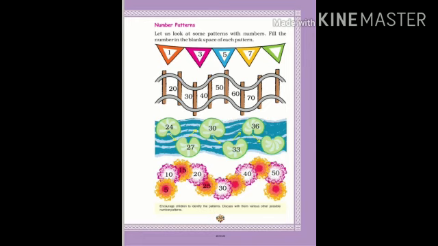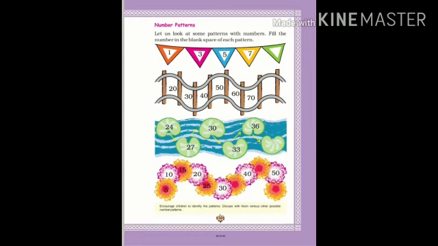Now look at the difference between each number. 1 and 3: what is the difference? 3 minus 1? Yes, 2. Then 5 minus 3, 2. So from one number to the next number the difference is 2. That means you have to add 2 to get the next number. So 1 plus 2 is 3, 3 plus 2 is 5, 5 plus 2 is 7. So 7 plus 2 is how much, children? Write it quickly.